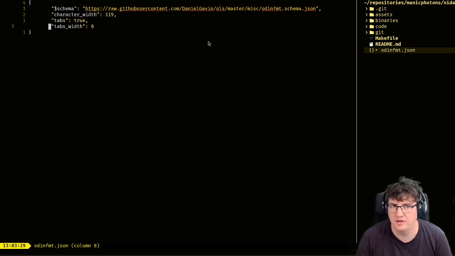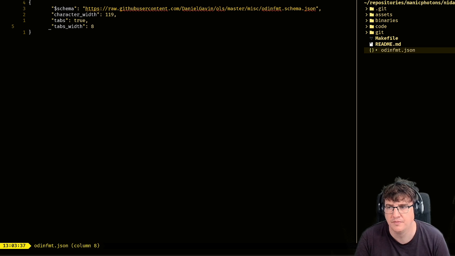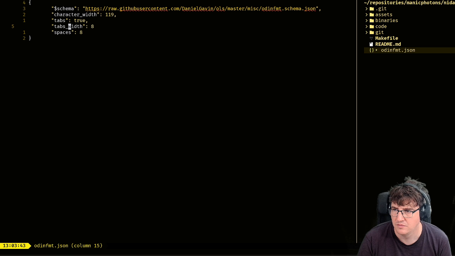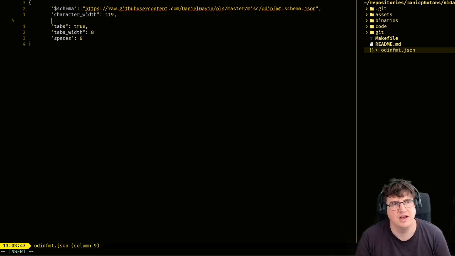So character width, spaces. Likewise, same thing. New line limit is a nice one. This limits how many blank lines you can have between content.